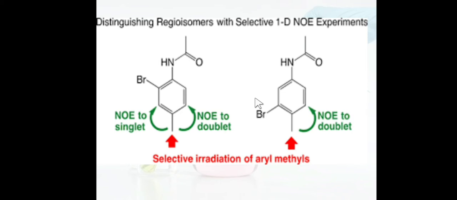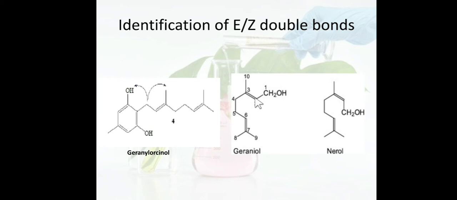We can identify the residue selectivity of the isomers with the help of NOE techniques. Okay, the next is a very important slide for the identification and use of NOE in natural products. I have these three different kinds of natural products, which are very important in natural product chemistry. So whether these E and Z double bonds can be easily identified with the NOE technique or not.